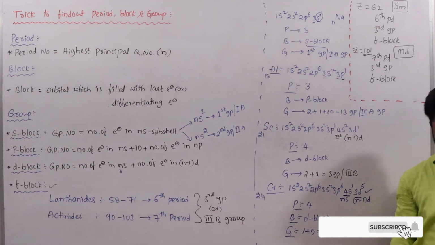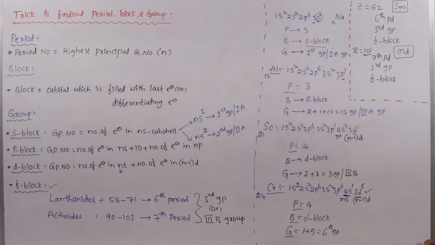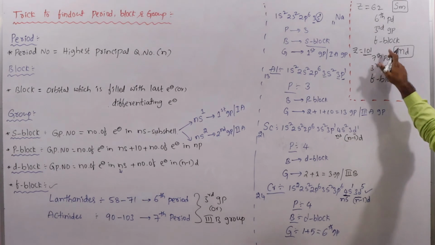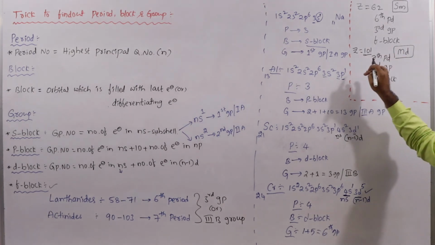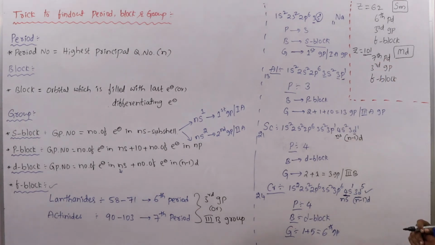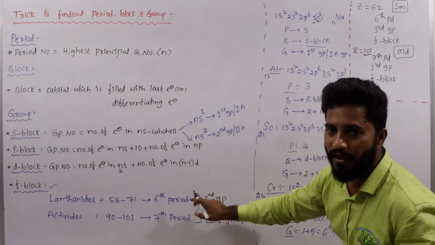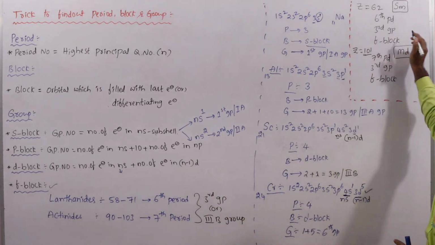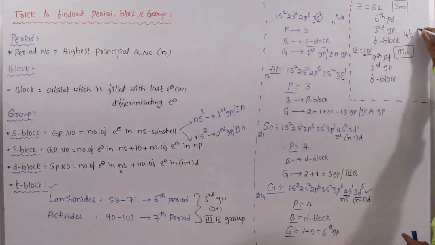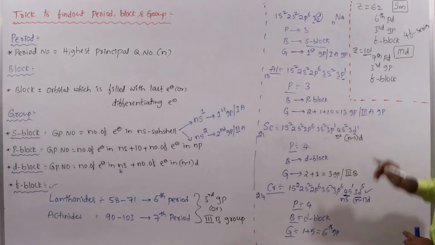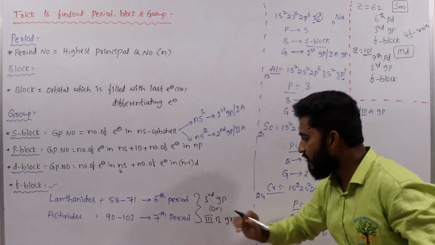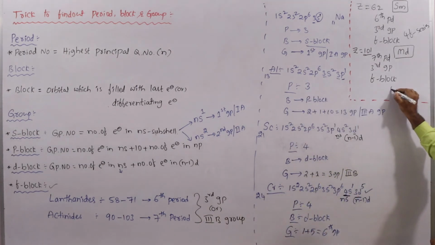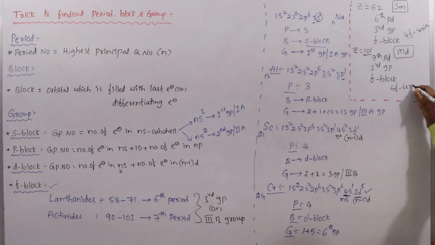One more thing to remember: this is F block, and this is also F block. But which F series does it belong to, 4f or 5f? That is also very important. Lanthanides belong to the 4f series, so this lanthanide is a 4f series element. Element 101, Mendelevium, belongs to the actinides, so it is a 5f series element.